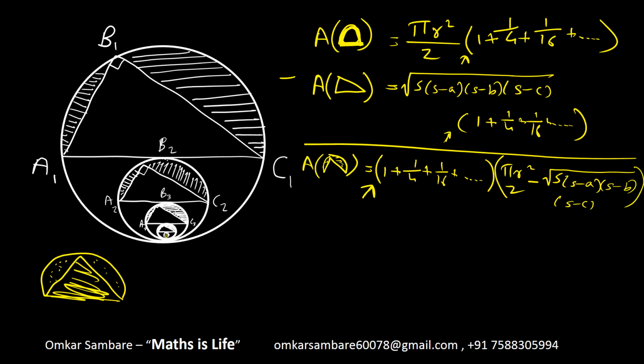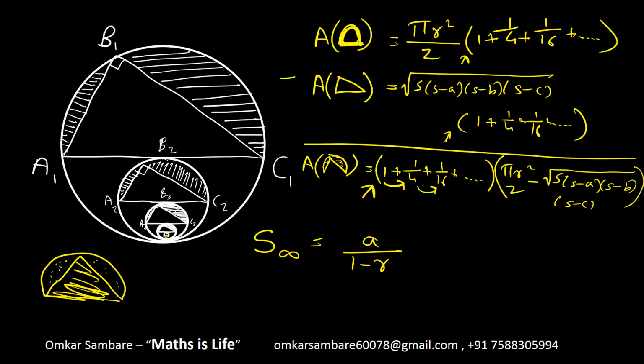And now we have to first find the value of this geometric progression. Now it is an infinite GP, so for an infinite GP the sum of infinite terms is a upon 1 minus r. There are formulas for infinite additions or finite additions when it is in any pattern of difference or pattern of ratios. If it is a pattern of difference, then it is an arithmetic progression. If it is a pattern of product or ratios, then it is a geometric progression.